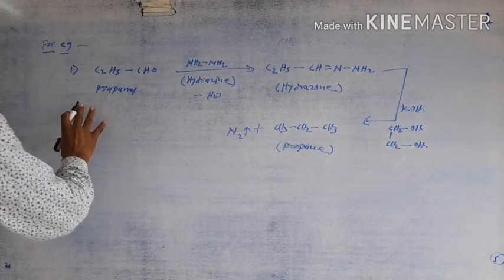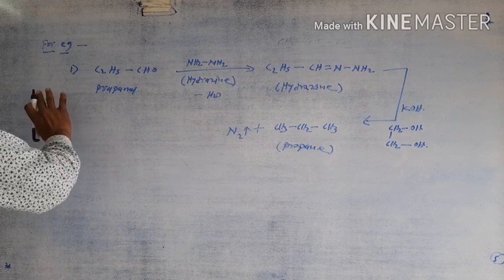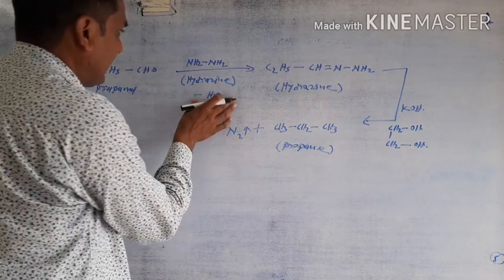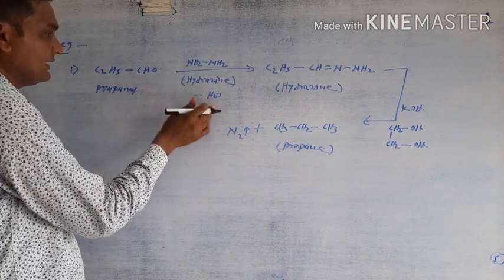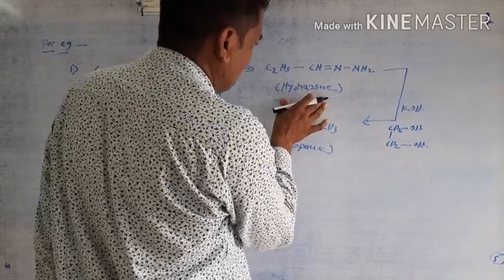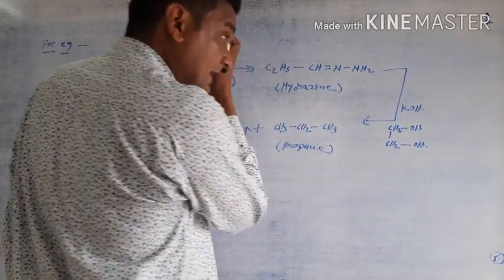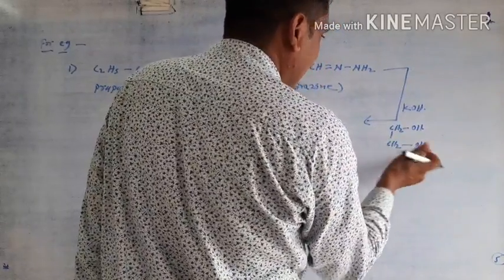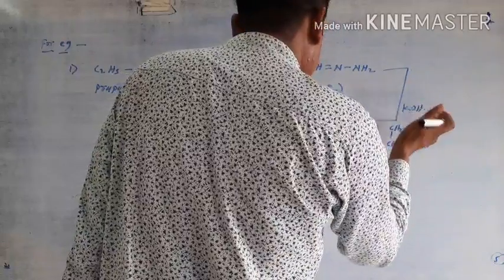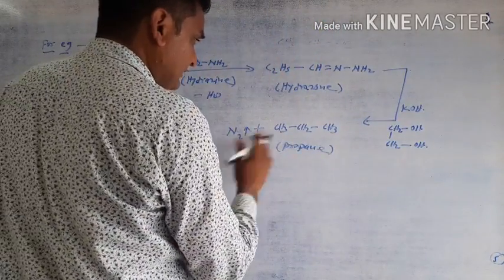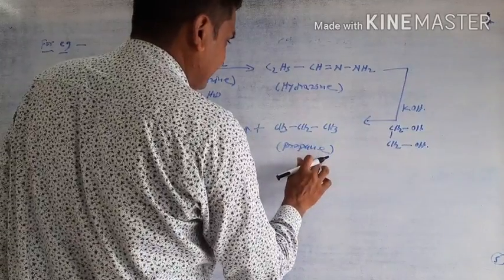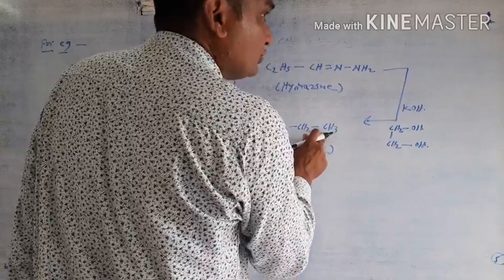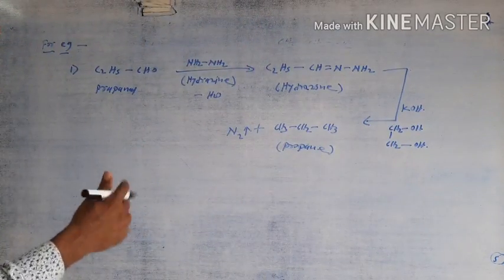This one is the particular example for propanal. Propanal, the aldehyde, reacts in the first step with hydrazine, and after the reaction of the aldehyde and hydrazine it gives the hydrazone. This hydrazone reacts with the KOH in presence of ethylene glycol. This ethylene glycol is the solvent, and this ethylene glycol and KOH follow the reaction, then gives the propane. Means overall reaction is this carbonyl group is converted into the CH2 group. The overall reaction is called as a Wolff-Kishner reduction reaction.